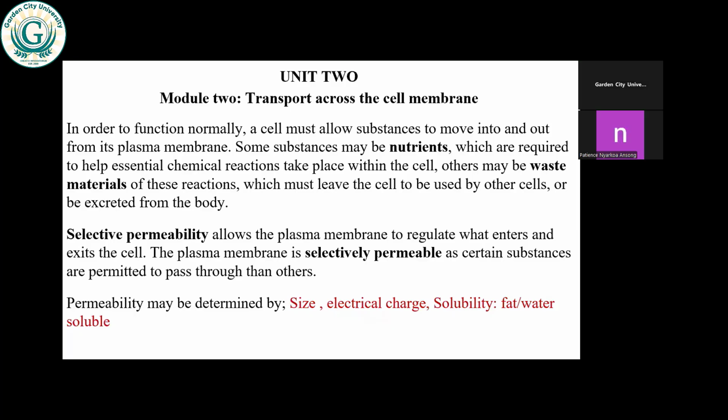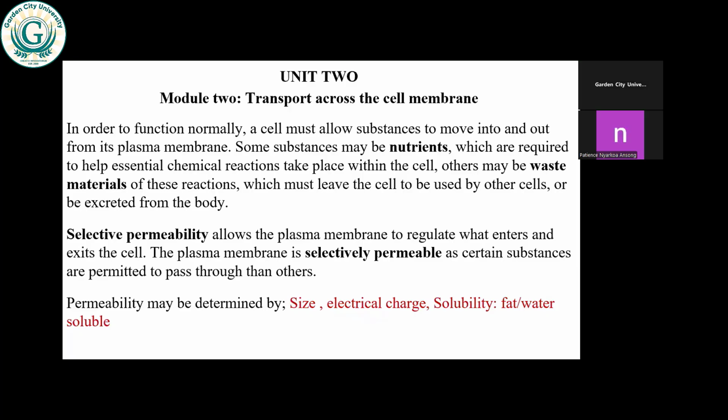So you want to look at the cell and how the nutrients you get at the end of digestion, the water you take in, the various ions and all that in food, vitamins and all, how do they get into the cell? Because it's the cells that will use them up. When you pick a tissue, it's made of cells. The organs are made of tissue, and when you move down, it's cells. So these cells are what use the nutrients, the vitamins, the water, ions, and so on. It's the cells that use them during metabolism to help with body activities.